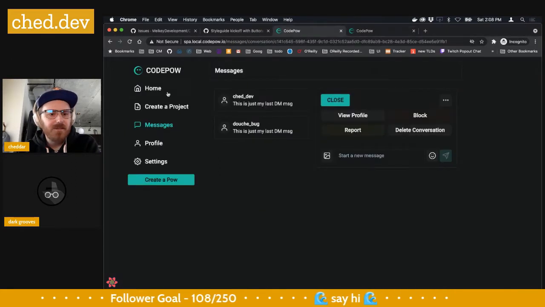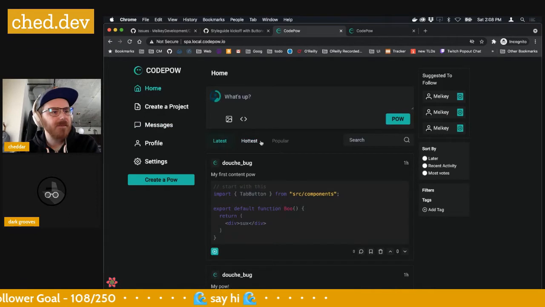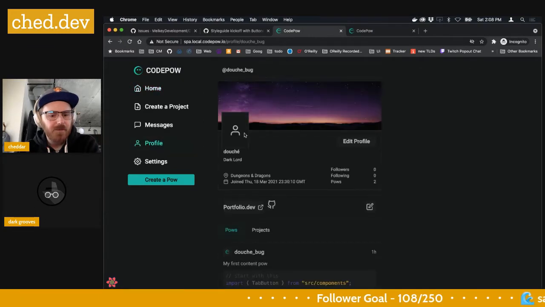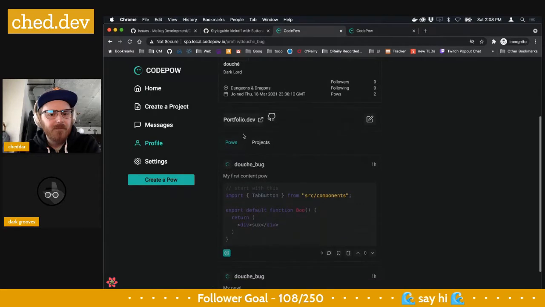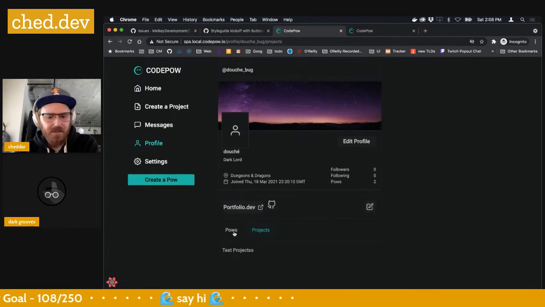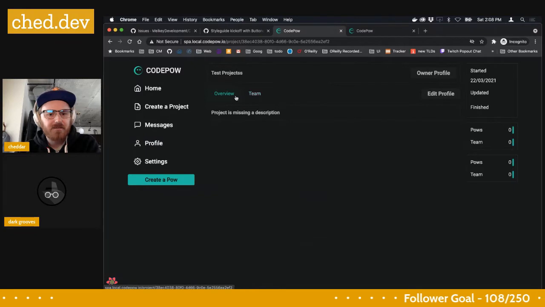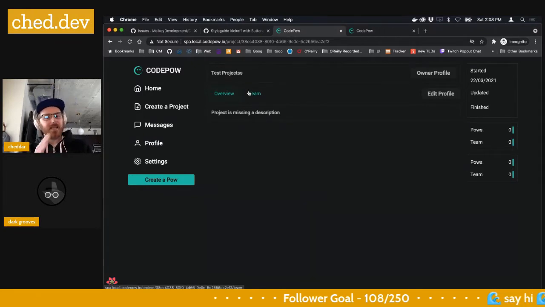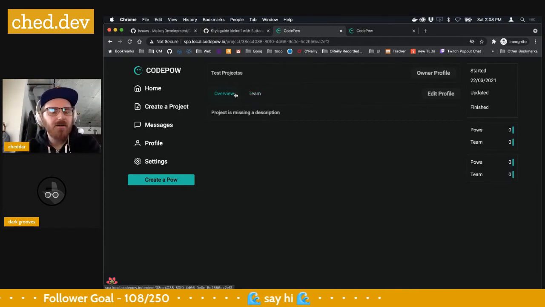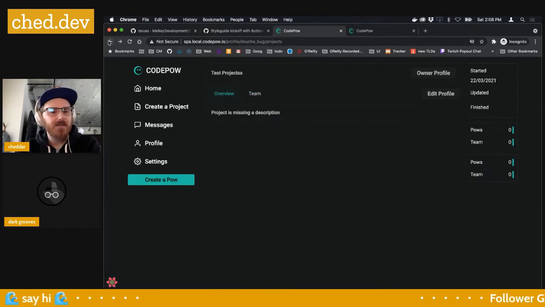We're using these ones on, I call them tabs because they're kind of like this tab interface where you have latest, hottest, popular. These aren't working right now, so I can't click between them. But there is one working here on the profile page. I'm currently looking at my POWs. I can also look at my projects, and then it switches between them. And on the project page, we also have one here. So they're kind of like in-page switching for you, but they are possibly linking to a new URL,